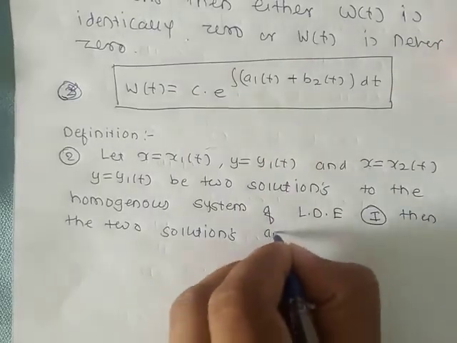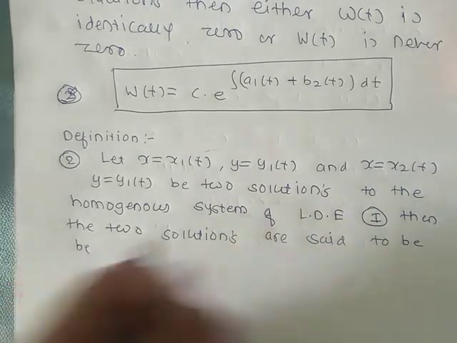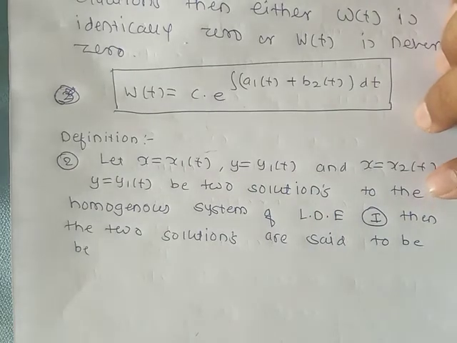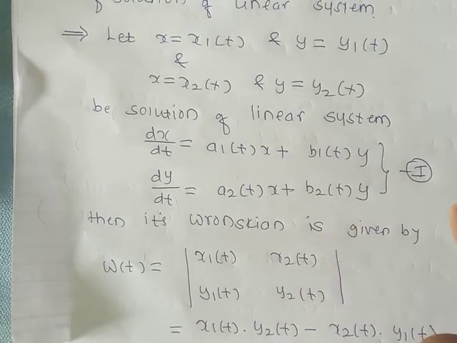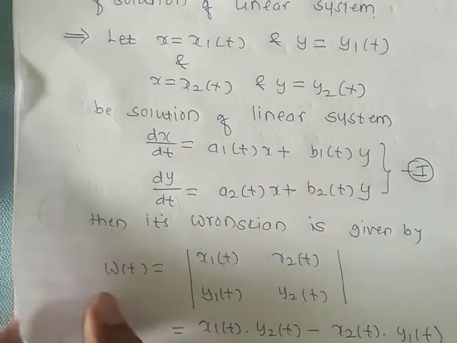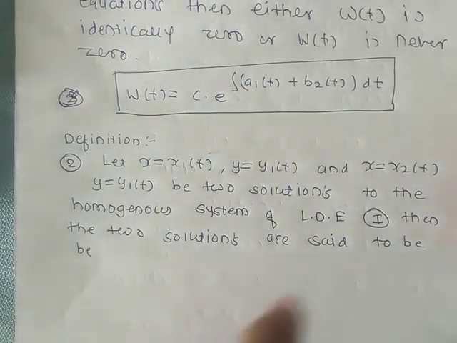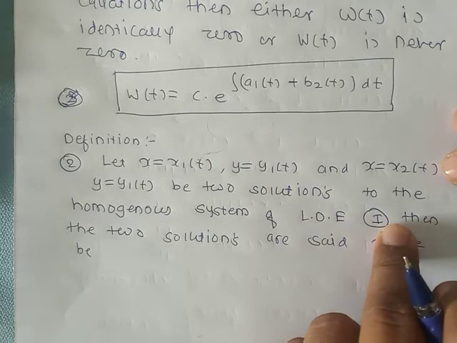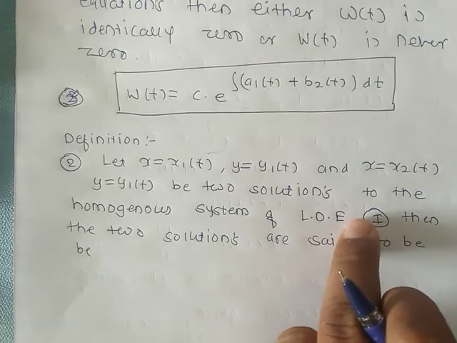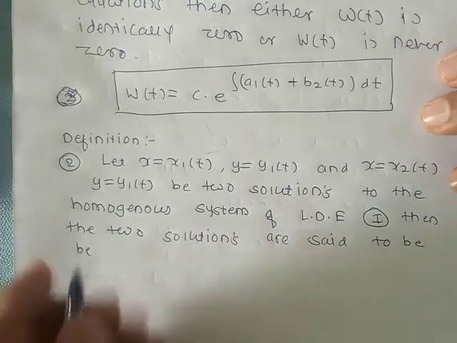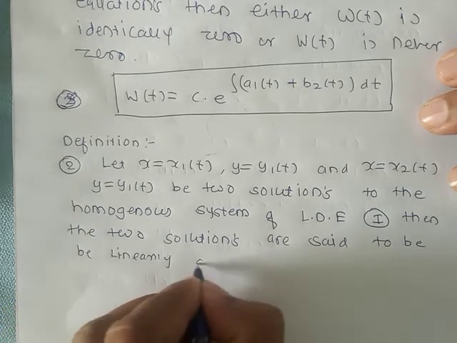Here 1 means this system of equation, named as 1. If these are the solutions of the system of homogeneous linear differential equations, then the two solutions are said to be linearly dependent